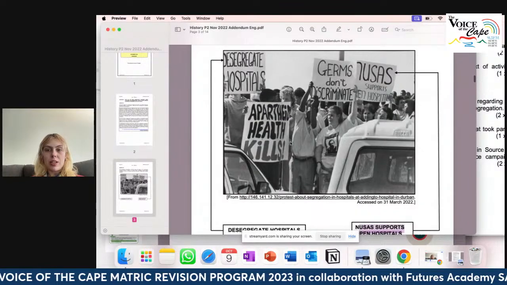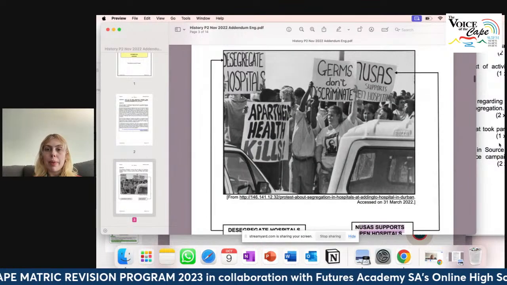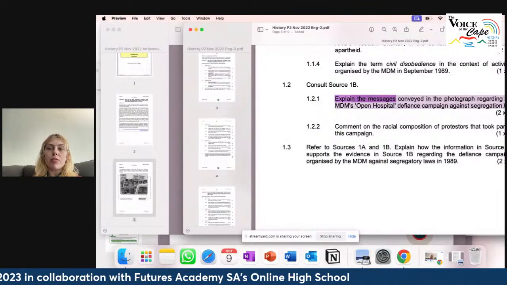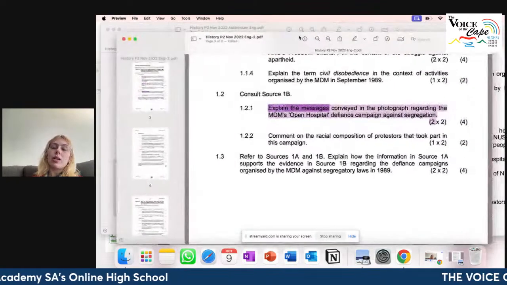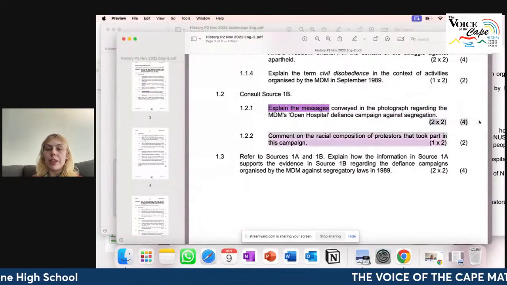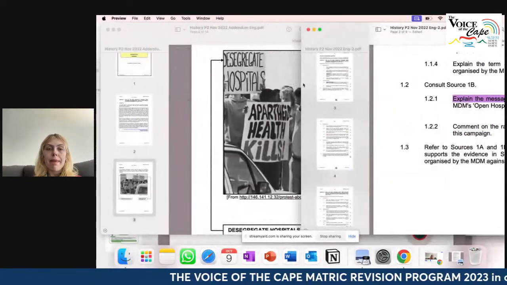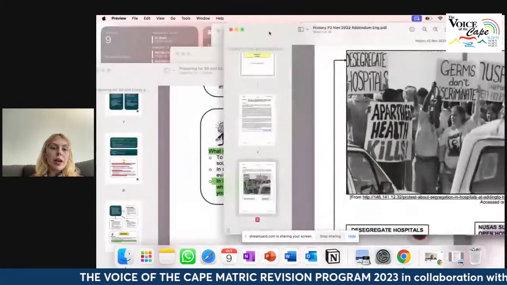There's people of all races standing here. There's quite a lot of people. So it says, what are the messages conveyed in the photograph regarding the MDM's open hospital defiance campaign? So again, the mark allocation means you need to give 2 complex responses. So you need to explain 2 messages. So remember, with a message,